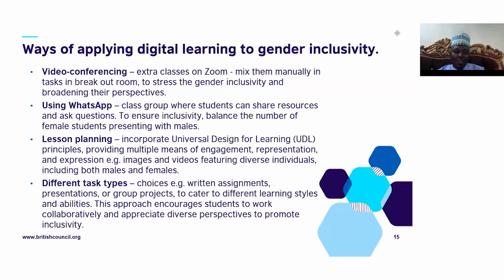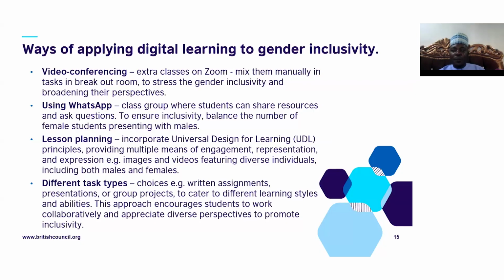Okay, now I mentioned video conferencing. I organize extra classes on Zoom, mix them manually in tasks in breakout rooms to stress gender inclusivity and broaden their perspective. Whenever we are in these classes, I mix them manually, possibly through breakout rooms. When I create these breakout rooms, instead of saying